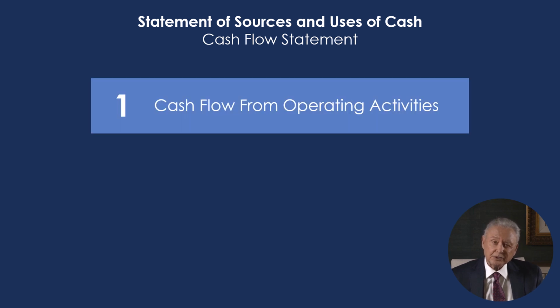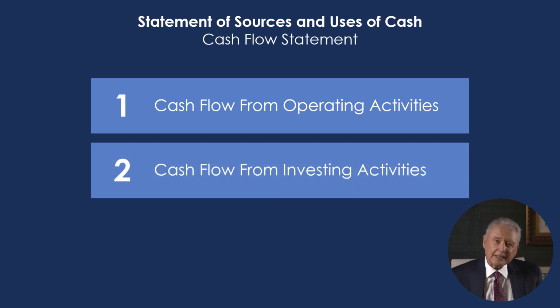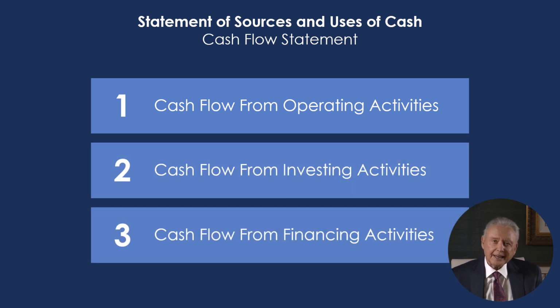Let us begin. There are three sources or uses of cash in a business. 1, the first is cash flow from operating activities. 2, the second is cash flow from investing activities. 3, and the third is cash flow from financing activities. In these three sections, we identify all the possible conditions that contribute to a change in cash in a business. As we shall see, cash inflow does not necessarily mean revenue, and cash outflow does not necessarily mean expense.